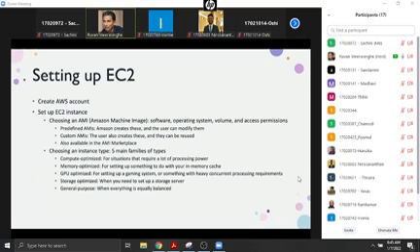Right, I'm going to go through this fairly quickly because I realize I'm losing time. I want all of us who don't have AWS accounts to create them in the hands-on session, and then to set up your cloud compute instance, which means basically your virtual machine. Or in complicated situations, it will be a cluster. We are not going to set up a cluster. We are only going to use a single virtual machine.